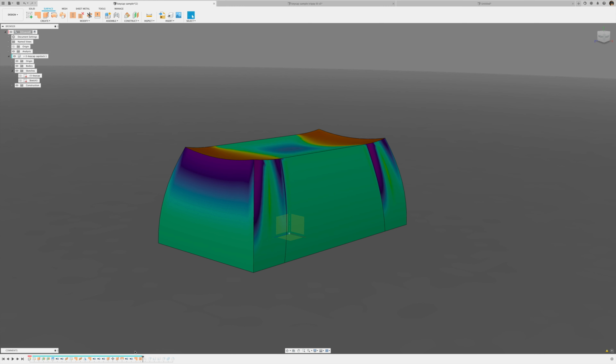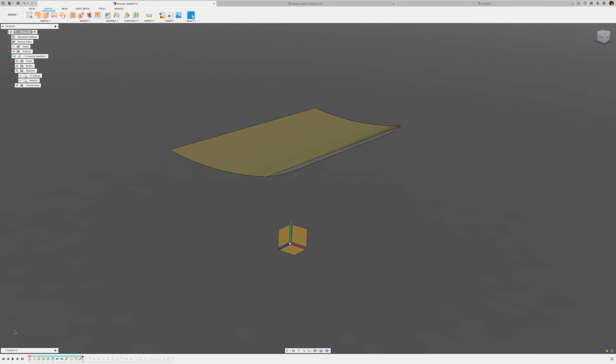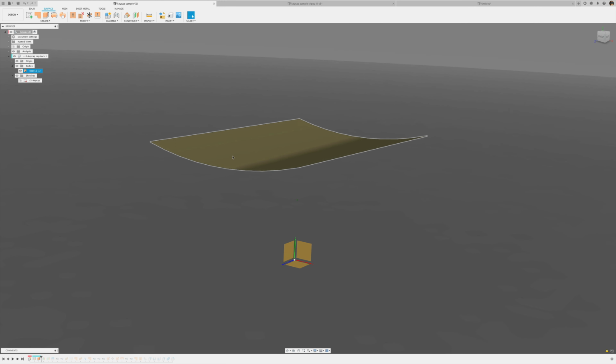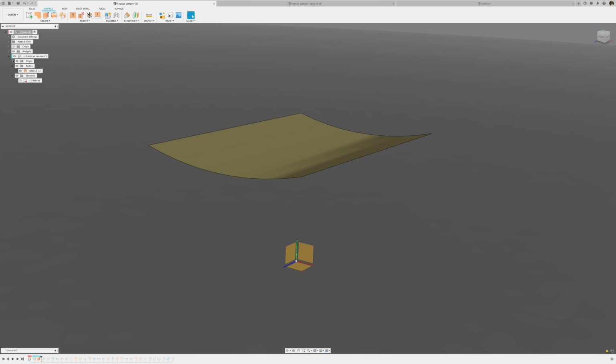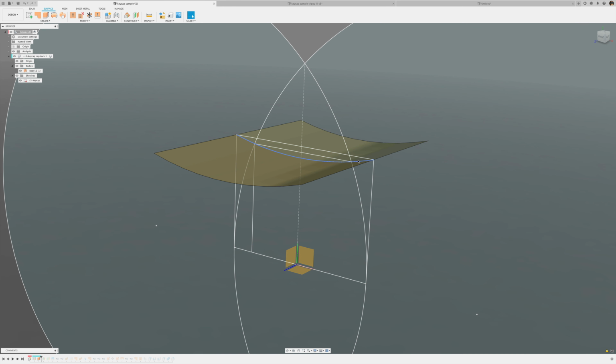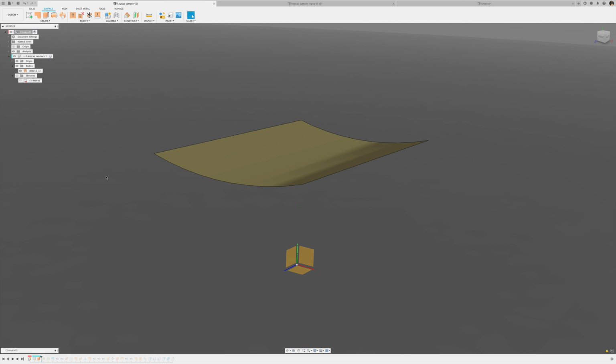Right. In order to explain that, I have to scroll the timeline back and explain how this was created. So the user created the bottom profile here, and I have to go into the bodies and turn this back on. But this is a top circular surface or a cylindrical surface created by extruding from the original sketch here, this line here, this arc. And then he created two surfaces, made surface splits, threw away the sides, then created a